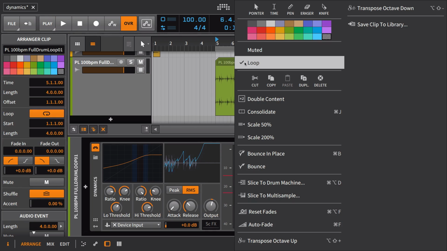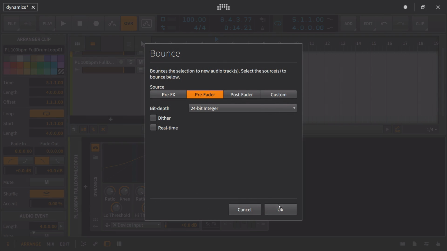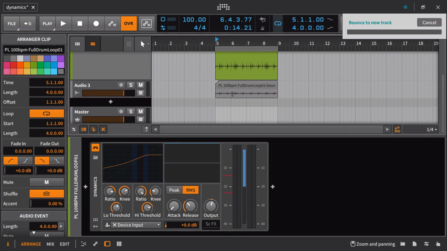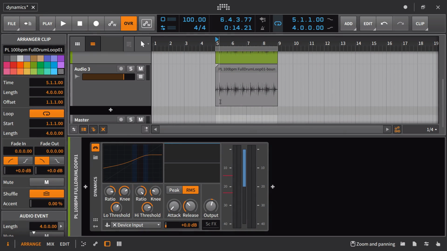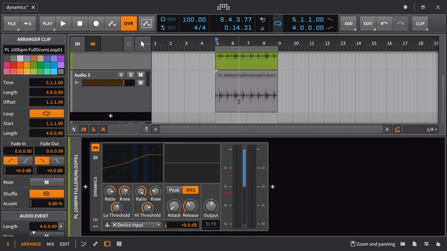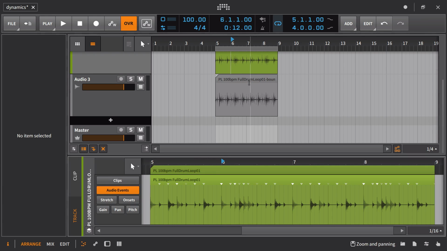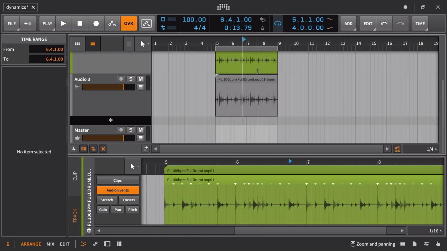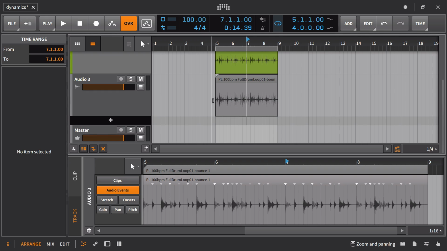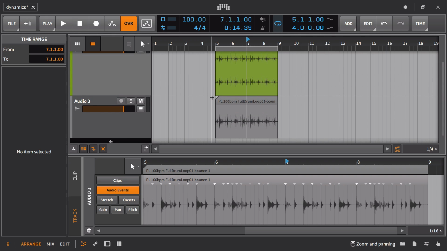And then we can bounce it and take a look at it just so you can see what's going on here. All right. And you'll notice that the difference between the peak and everything else is going to be reduced by quite a bit when we get into this one. So you can see all those different hits comparatively to here, pretty massive difference right there, what we've been able to achieve using our upwards compression. And in this case, we did a hybrid of both upwards compression and then also a bit of downward style